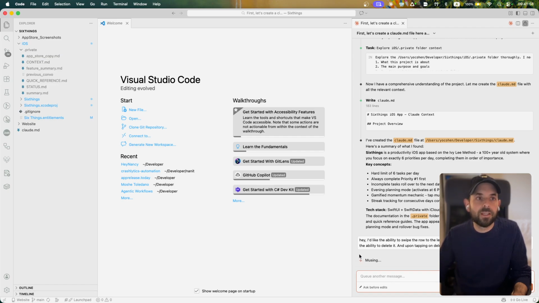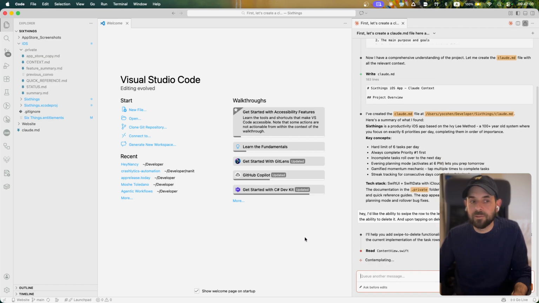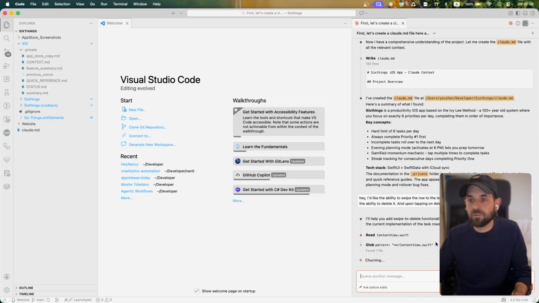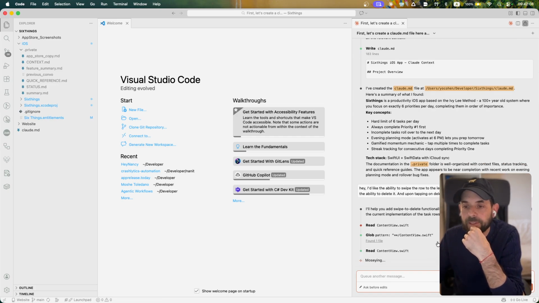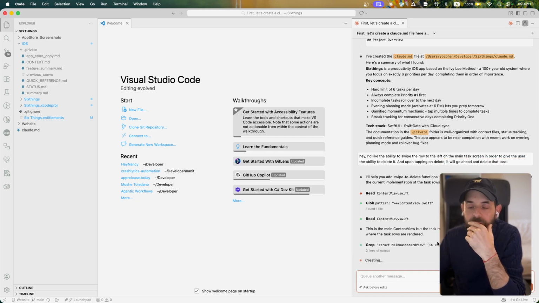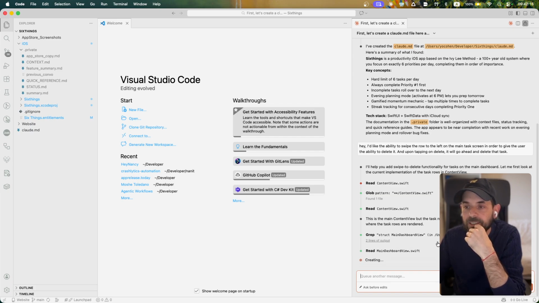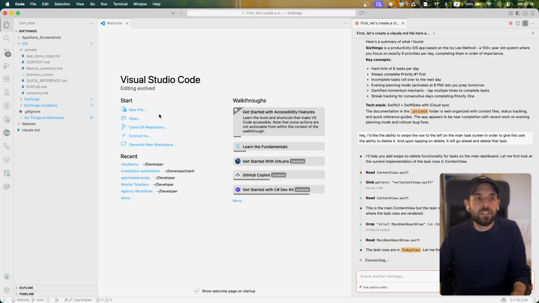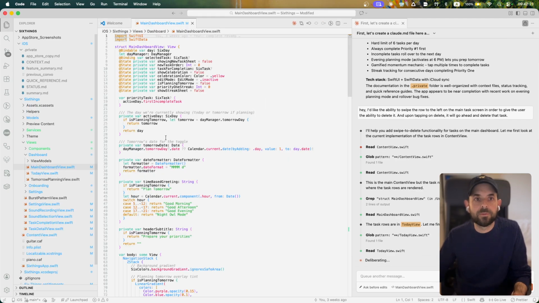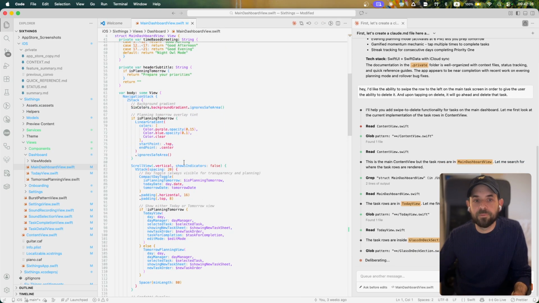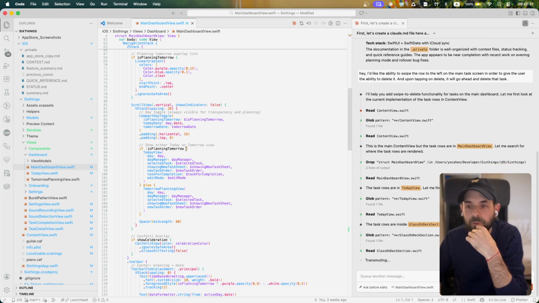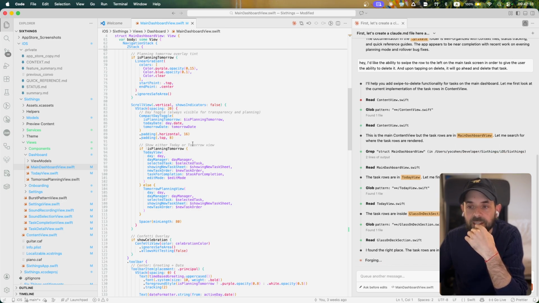All right, let's go ahead. And he's going to go ahead and start looking through the project, looking through things, looking through how it's implemented. I'm going to let this run a little bit. I think it'll be interesting. If you're bored, you can just go ahead and fast forward. It's going through the main dashboard view. Sometimes what I like to do is take a look at what he's doing. And if you know how to develop, if it's interesting to you, you can see how he implements things. You can go ahead and review things if you like.